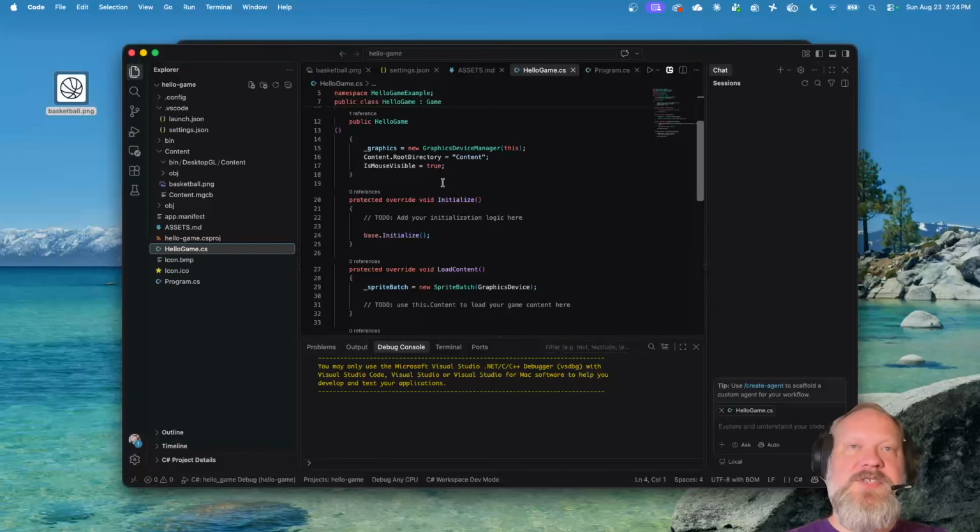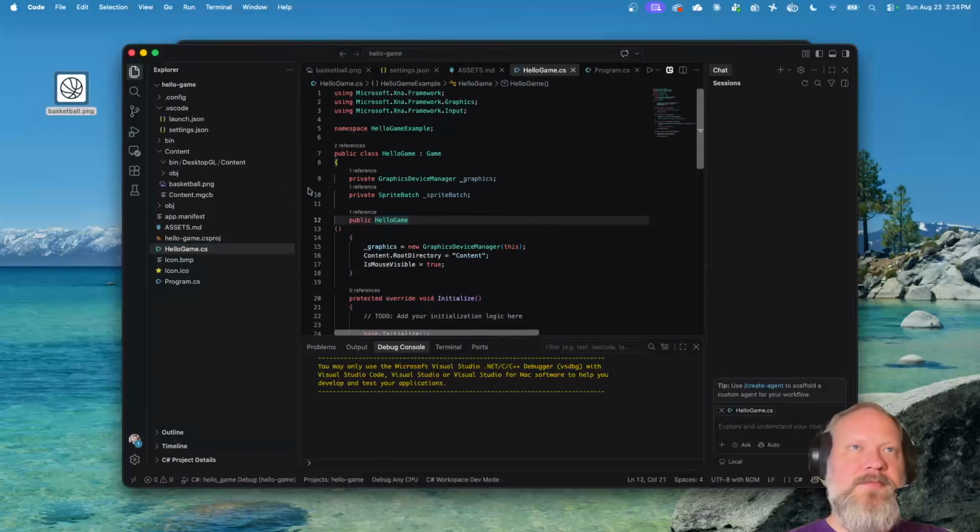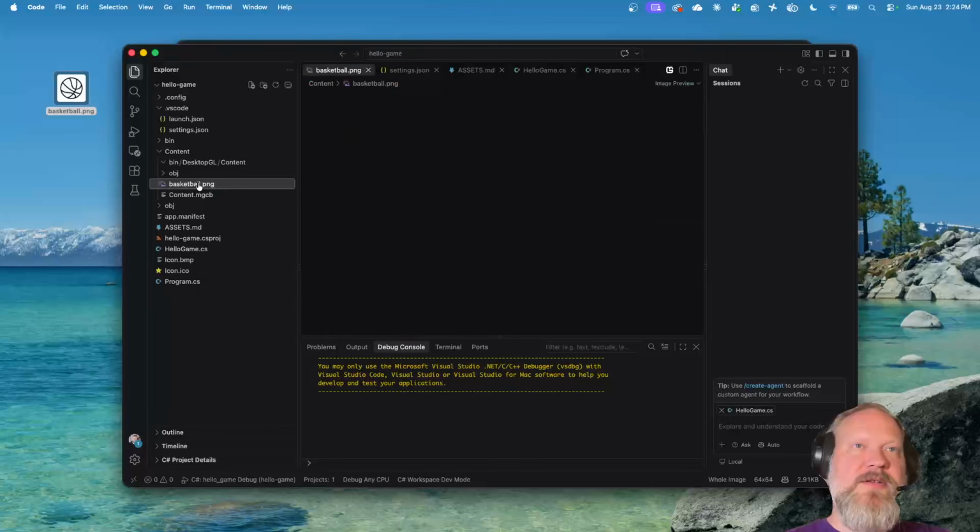We got all the references changed, so that worked fine. Now we have this ball, and we'd like to bring it into our game. But there are a couple things about how